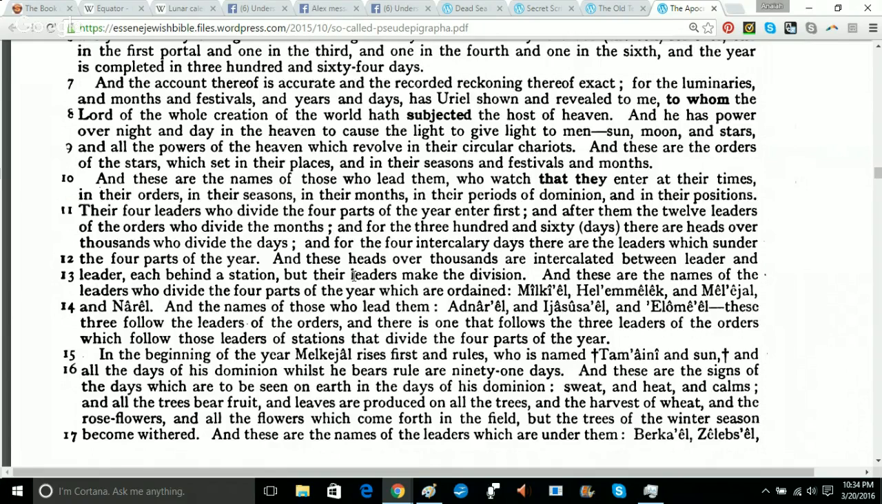So not only are there stars, but these are actually either angels appointed over these stars, or they are stars being given names, and they're considered alive. So in either case,